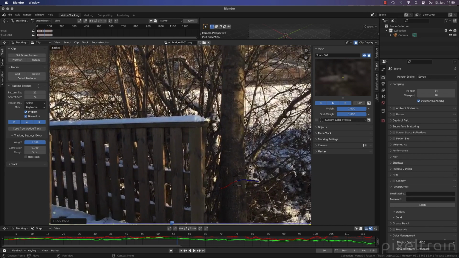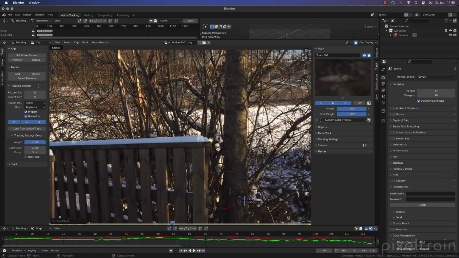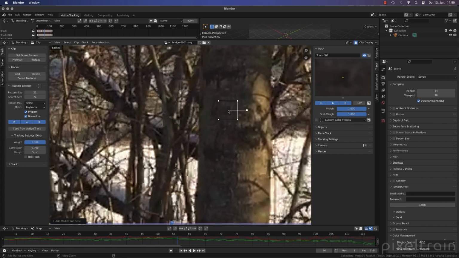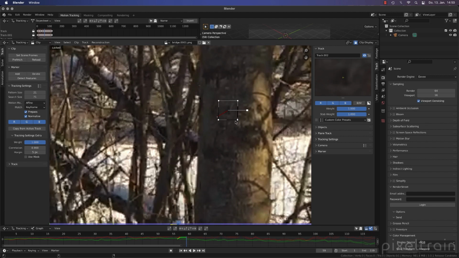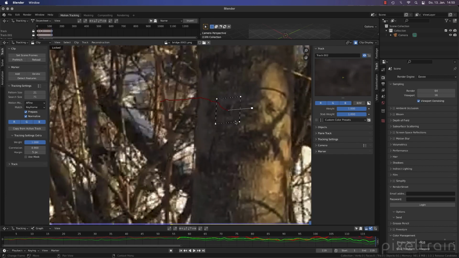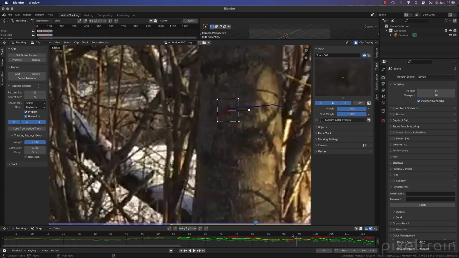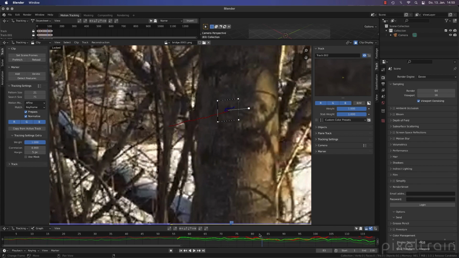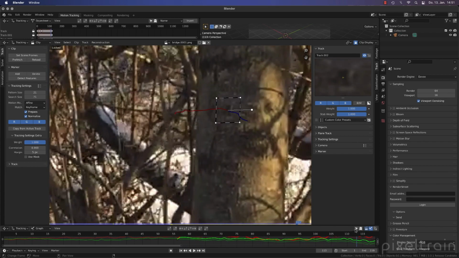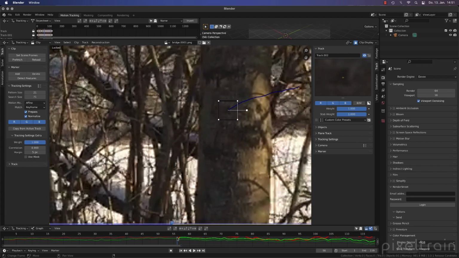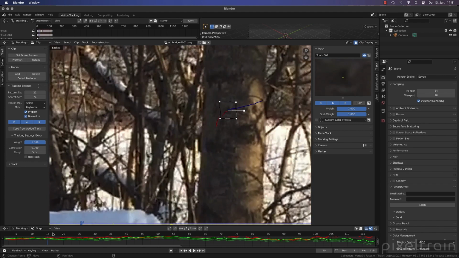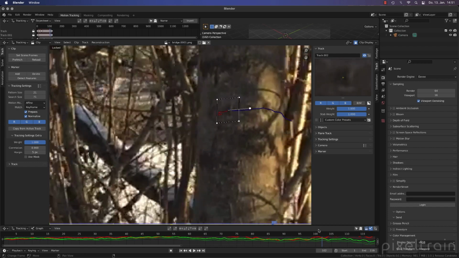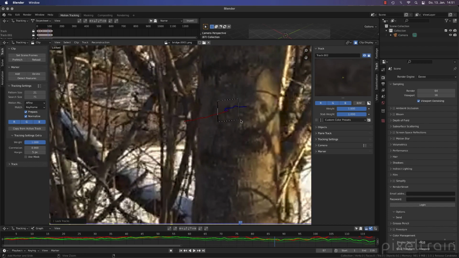Nice. Then let's take another one on the tree. This point here. This here is in the sun. Maybe the shadow changes. So let's take this guy here. I track forward. Okay. Control L. Control T. Okay, looks good for me. Like I've said, normally I take a little bit more time to do that. And backwards. Okay, I think it's not so bad.